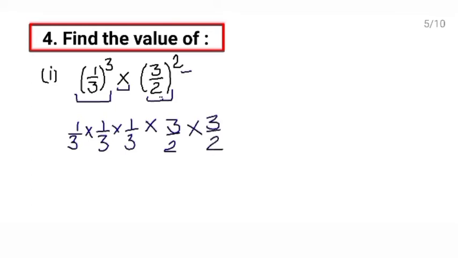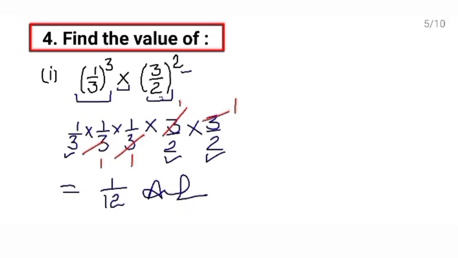As you know, while doing multiplication, we can cut the numerator and denominator with the same number if they are divisible by any same number, right? So here this 3 and this 3 both are divisible by 3, or you can directly cut them. 3 1s are 3, 3 1s are 3. What do you have in numerator now? In numerator you have 1 multiply 1 multiply 1 multiply 1. It means 1. Denominator 3 multiply 2 multiply 2. 3 4s are 12. So denominator is 12. So this is your answer, 1 upon 12.